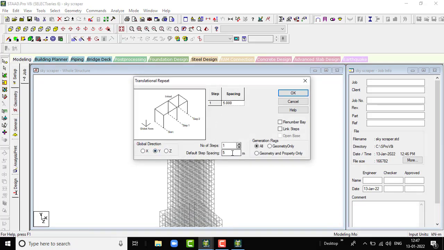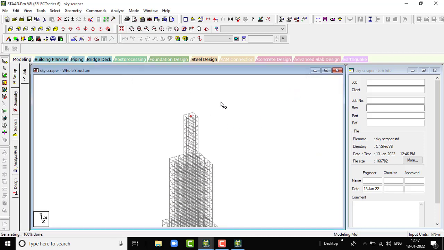Let the spacing be 15 meters. So then click on link steps, click on OK. It has been created. Now we have to provide the add beam command and provide the beams to this one. So let us firstly provide the beams here to here to